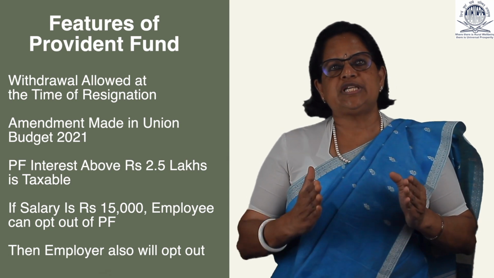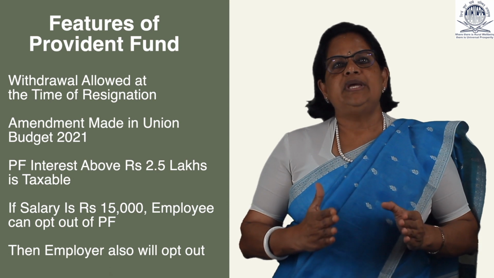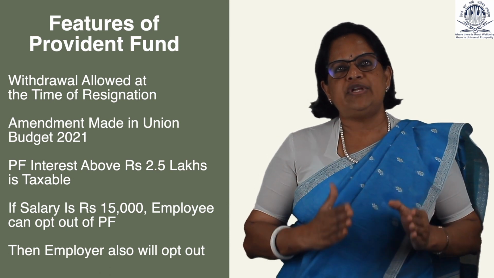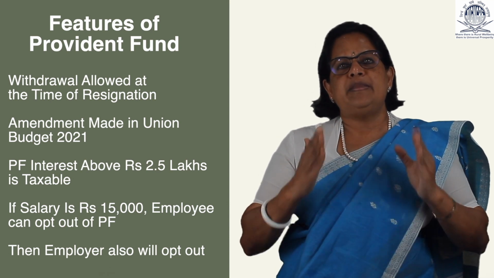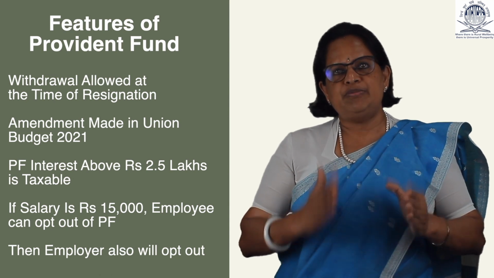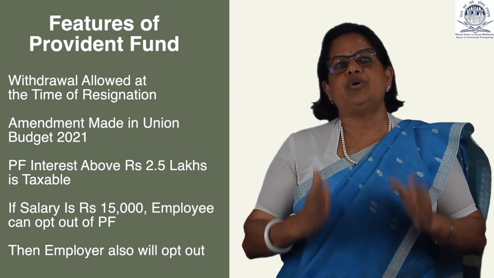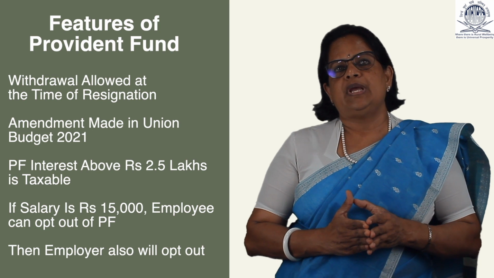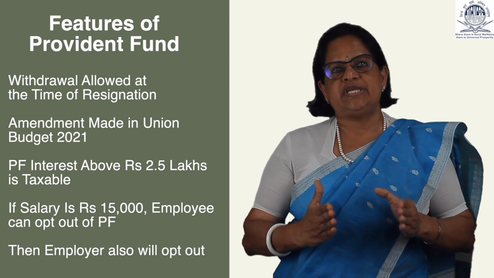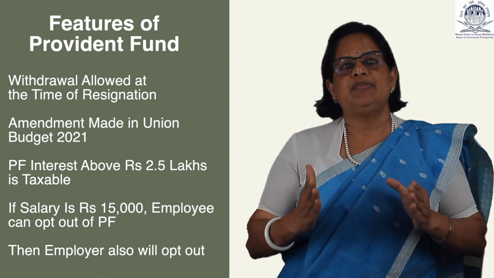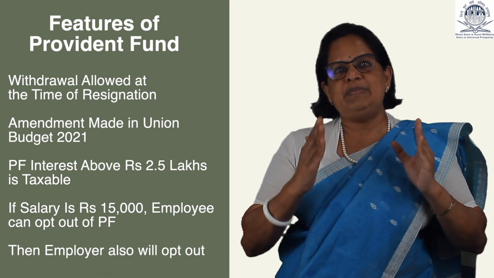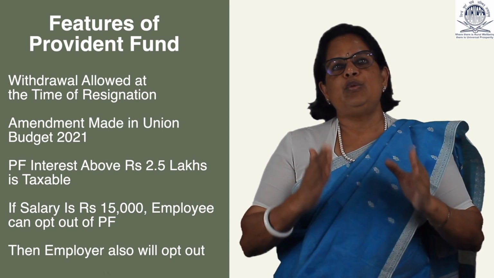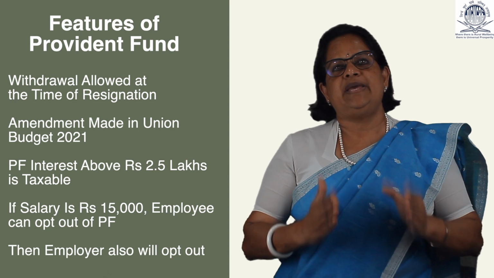Moreover, the insurance claim amount under this scheme is 30 times the average monthly salary in the past 12 months, subject to a maximum limit of 7 lakh. Another important feature of this scheme we have to highlight is that all death claims will be settled within 7 working days after the death claim is submitted.